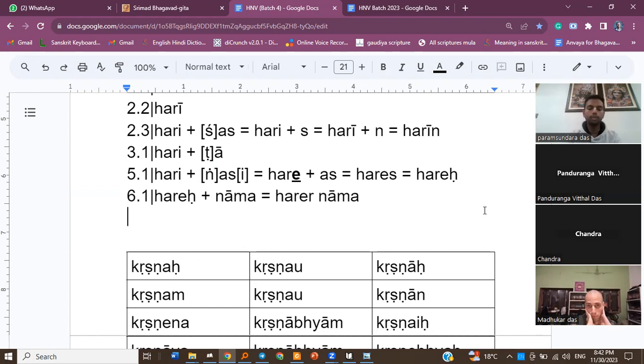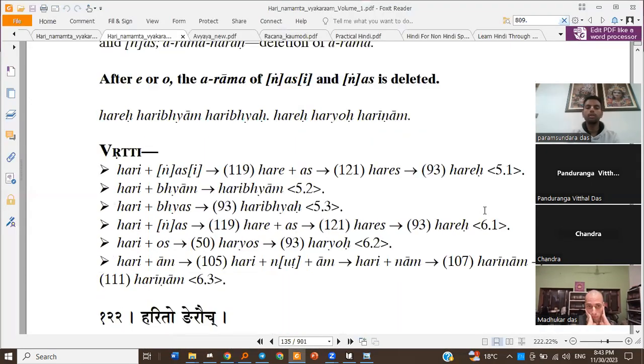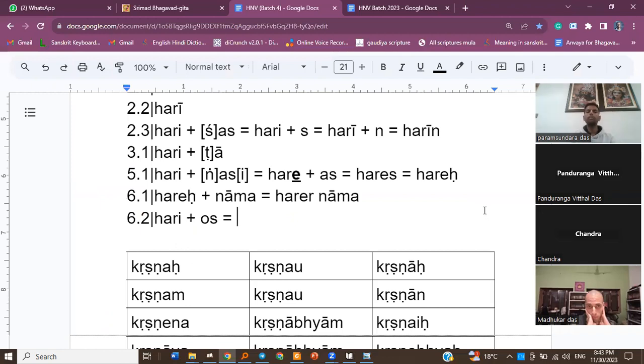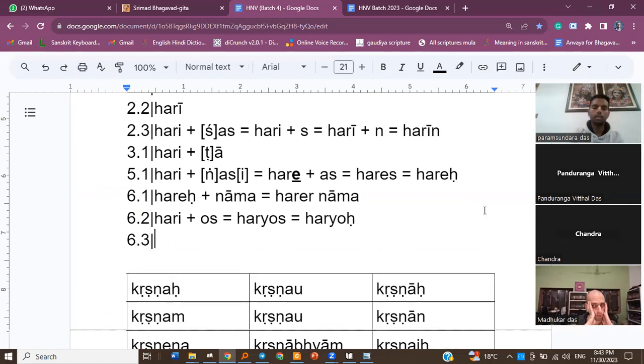So that's 6.1. 6.2 would be Hari pose. So I think there's no new sutra here. Yeah, no new sutra. So we apply the Sandhi rule. Idvayameva yaha sarveshware. E Rama becomes iya when a sarveshwara is following. So we get Harios. And Sar Rama Vishnu Sarga Vishnu Dante. So Sar becomes Vishnu Sarga Hariyo. Then 6.3 Hari